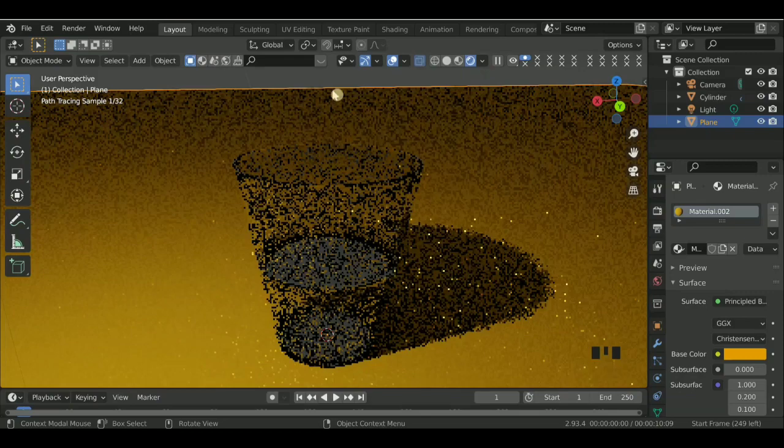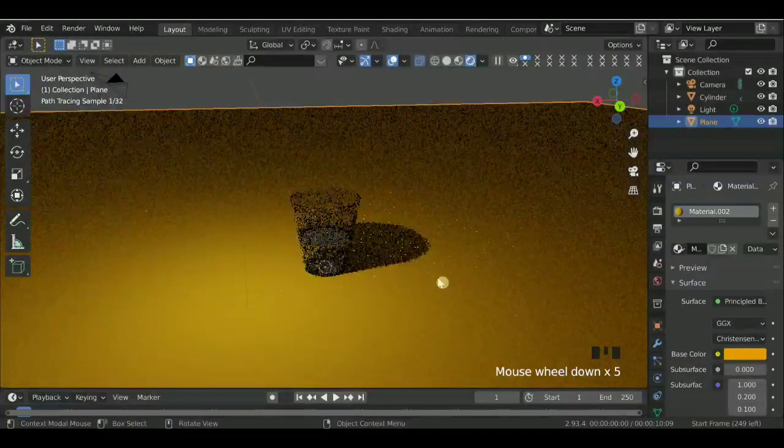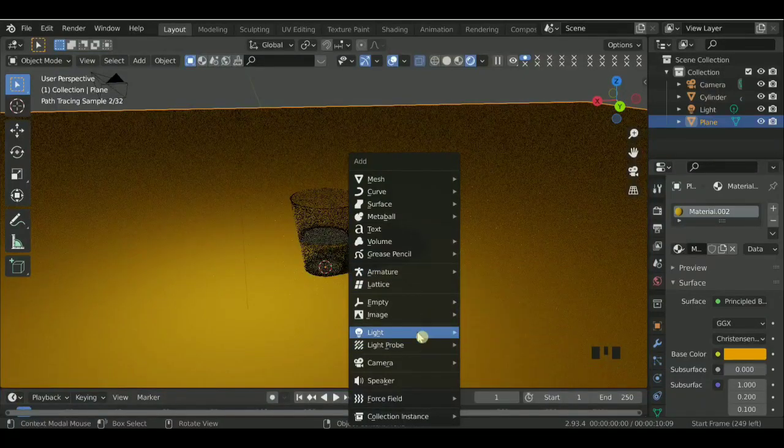Boom. Now it's time to add the lighting. I am going to show you a better position to set your lights, so that it would look more realistic, so